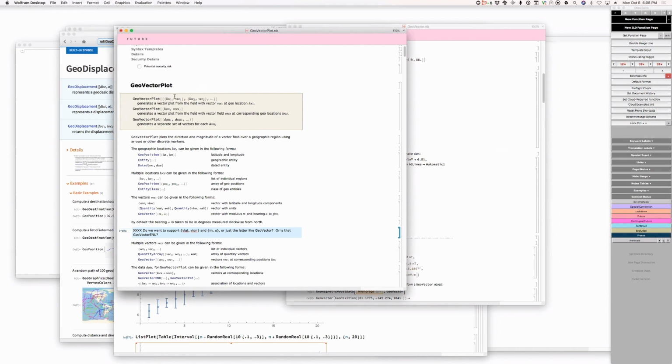And the vector was just X, Y, or whatever. And so I think it should just eat GeoVectors, or some flavor of GeoVector, all the time. Well, the question is, could GeoVectorPlot have a meaningful sense without having